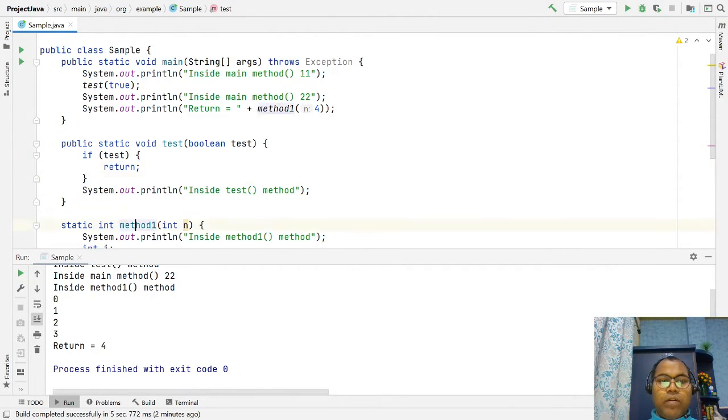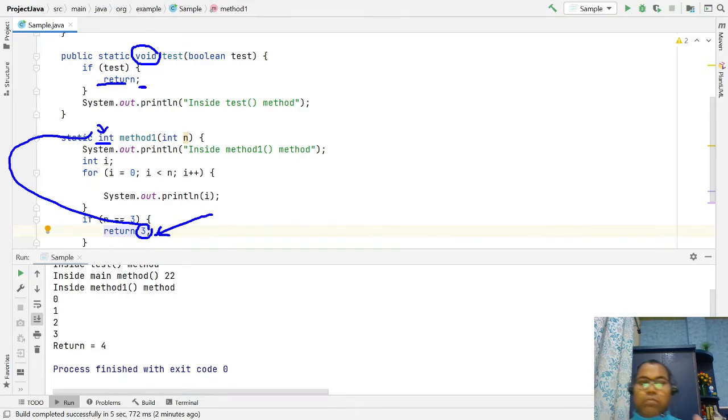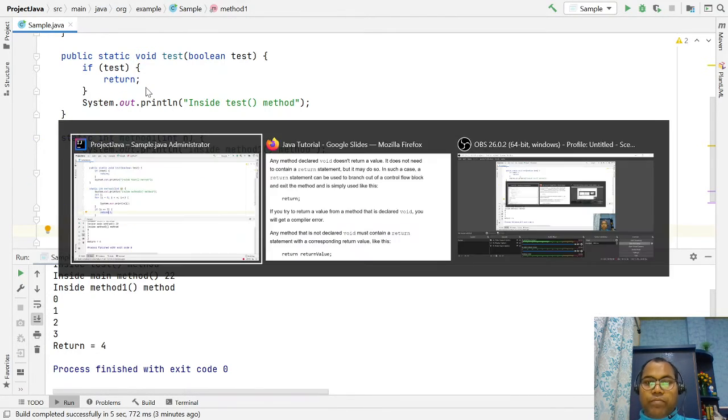If your method returns a value, the value should match the return type. If your method returns an integer, all the return statements should have a value of integer type. If your method has the return type void, you can just write return and a semicolon. You will not pass any kind of value, because your method does not return a value, but you can write that return statement in a void method to return only control.